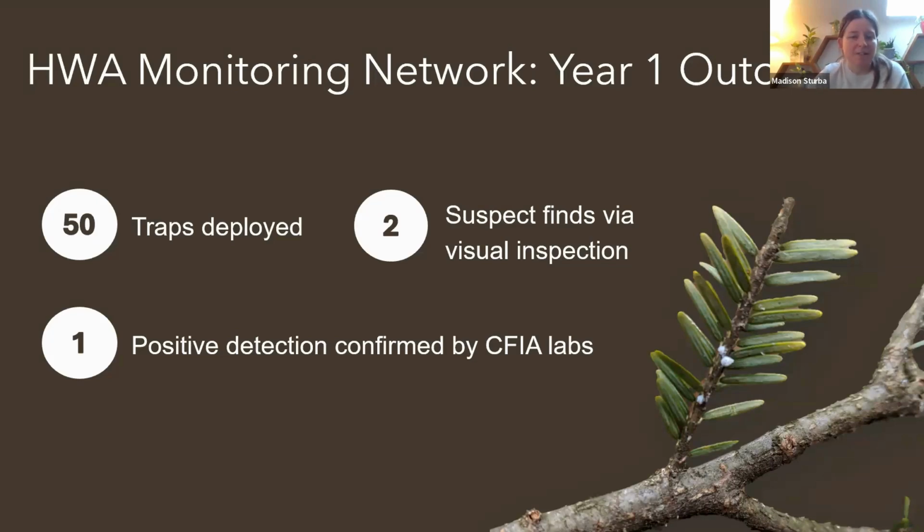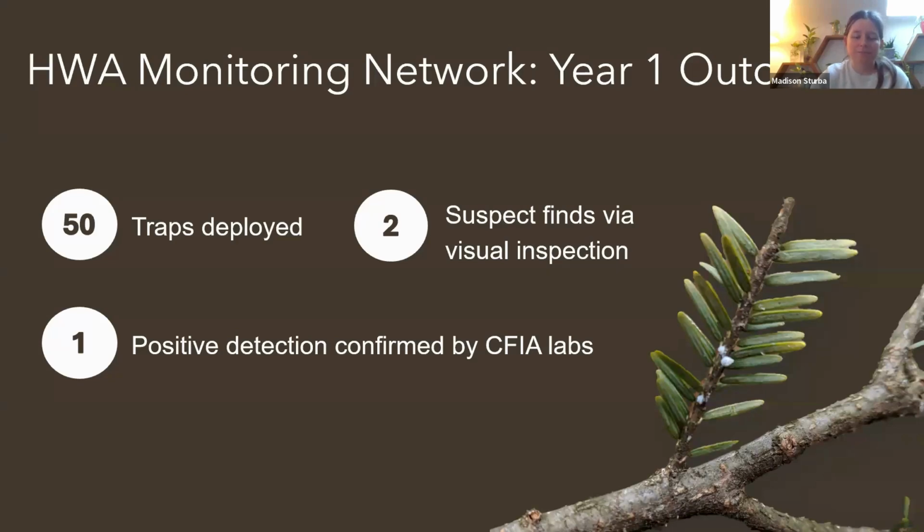The program was a success because it did increase early detection. There were 2 slides that seemed to have hemlock woolly adelgid when just visually inspecting them, but with further lab analysis, we only found one with the insect. The other slide that looked suspicious actually was installed wrong, so it just kind of messed things up a little bit. But we do have one positive detection confirmed by the Canadian Food Inspection Agency. And this is really great because this detection could have gone unnoticed if it wasn't for this program. And now that we found the insect there, we can start making plans to manage the site and prevent its